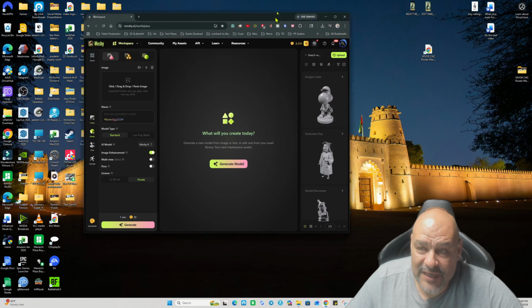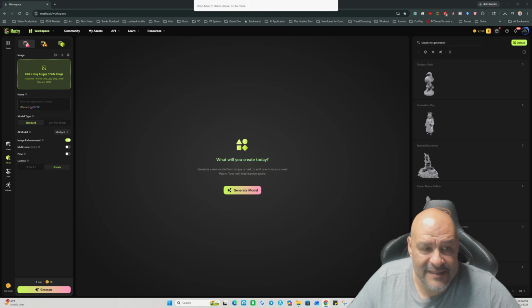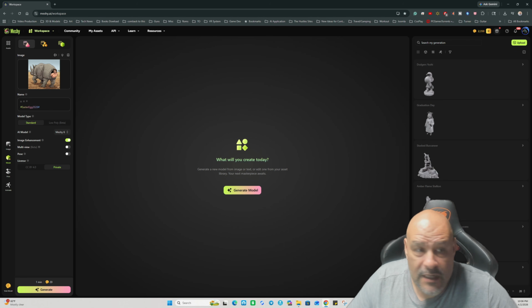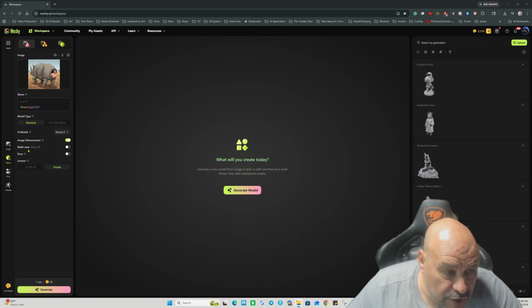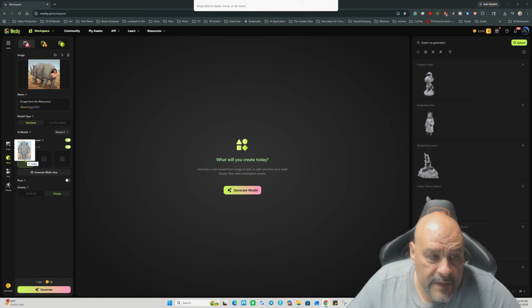We're going to drag and drop pictures in there. First of all, drag and drop the main one. I was going to delete the backgrounds, but it doesn't matter anymore. The system's pretty understanding. So we're going to put the main picture there, and then we're going to do the side profile and the front profile. But before, we have to turn on multiple views, all right? We're going to do the front profile,